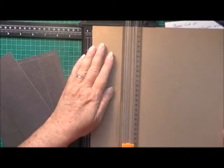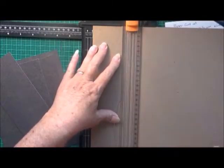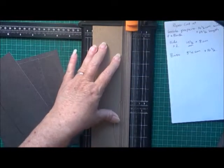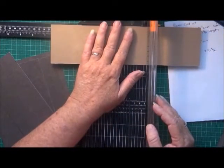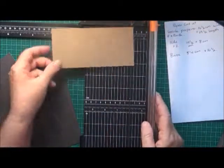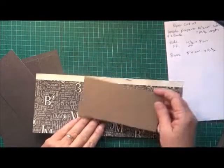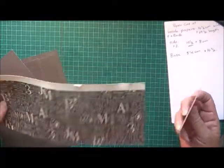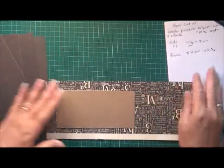Okay, so that's going to be 8 centimeters here by 16.5, just there. Okay, so that's for the inside. And for this piece here, I might cover it that side. No, I'll keep it the same. Okay, so I'll just move those out of the road